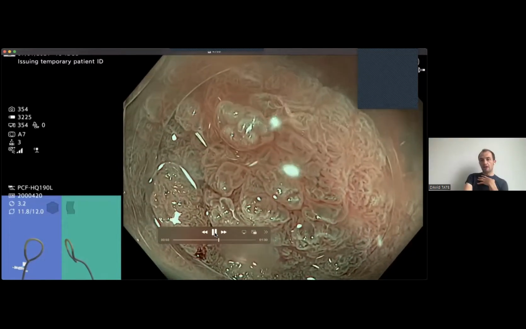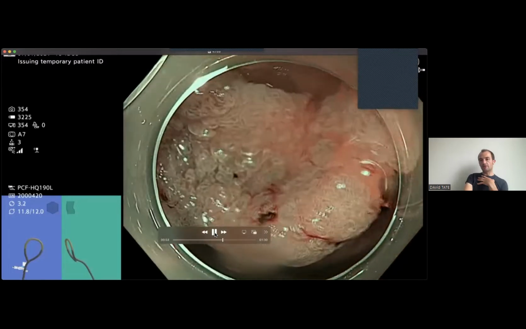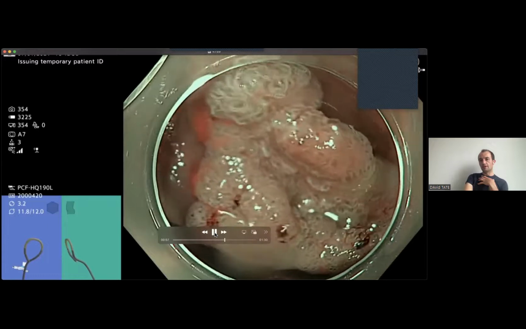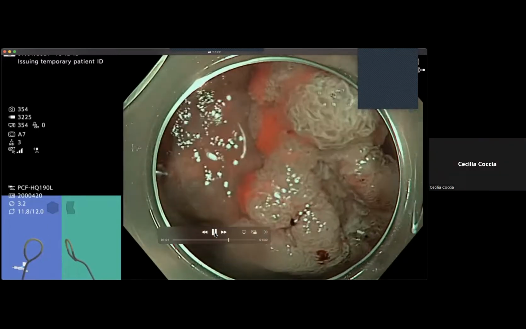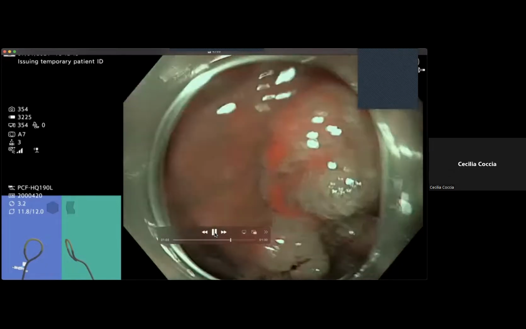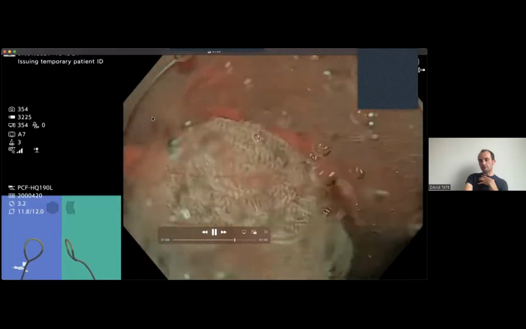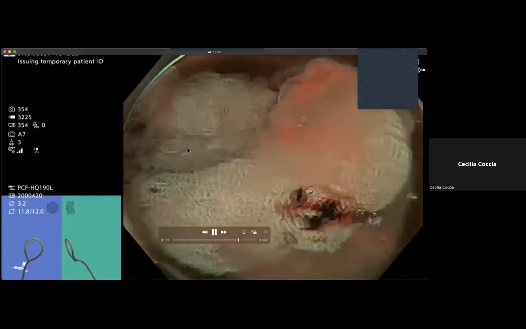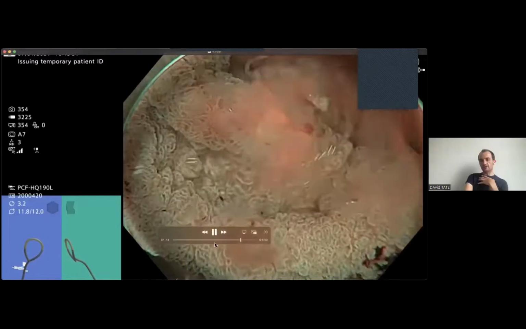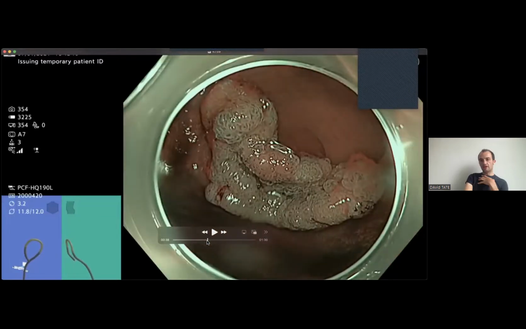We can see that. And the last one is the Paris classification. What do you think that is? Or if you don't know Paris, just describe it. I think it's an elevated lesion, so it's probably a 2A. Yeah, it's certainly 2A. And maybe there's a nodule here, do you think, at the top? Certainly not there, but at the top, there's just that little bit. Hold on a minute, let's see if we can find it again. See if in the distance you can see it there. On the left side, there's maybe a nodule. Do you agree with that?